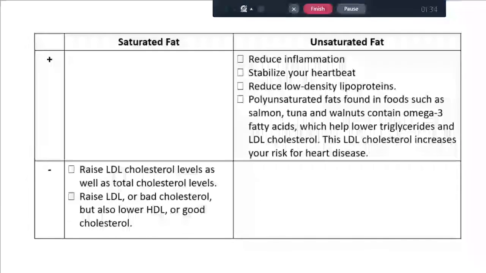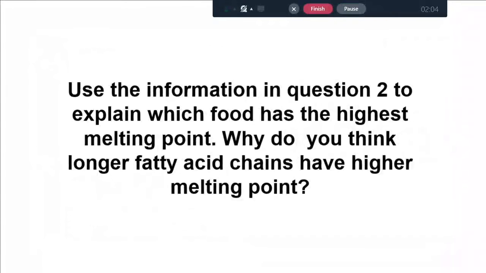Speaking of the benefits and drawbacks of fat, unsaturated fat is considered to be the good fat for human bodies because it reduces inflammation, stabilizes your heartbeat, reduces low-density lipoproteins, and lowers the LDL, which increases your risk of heart disease. Meanwhile, saturated fat is believed to be the bad fat for you because it raises LDL cholesterol as well as the total cholesterol levels, and it also lowers the HDL cholesterol, which is the good one for your